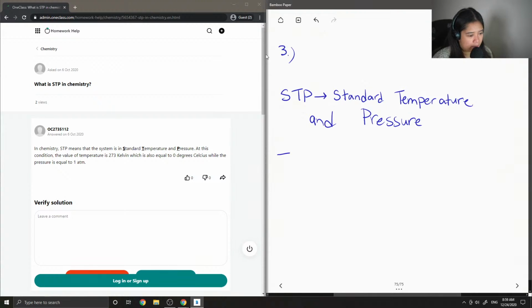So at STP, that means your temperature is equal to 273 Kelvin or 0 degrees Celsius. And your pressure is equal to 1 atm or